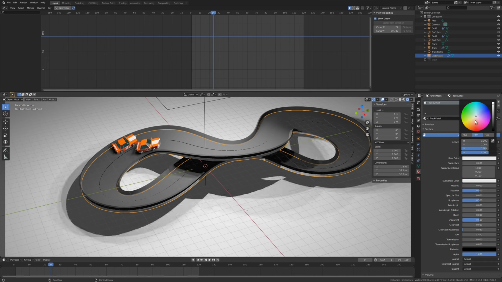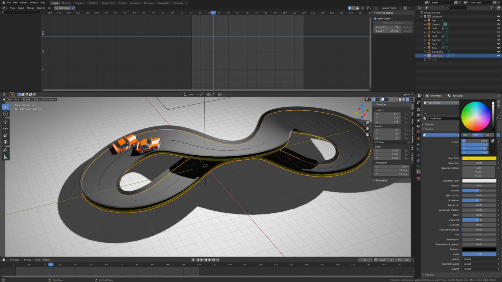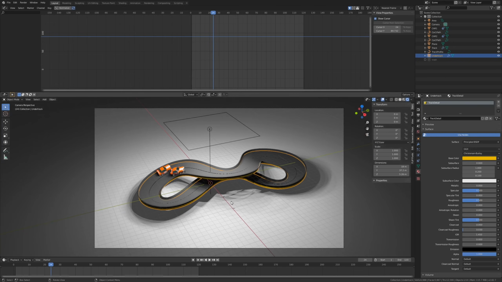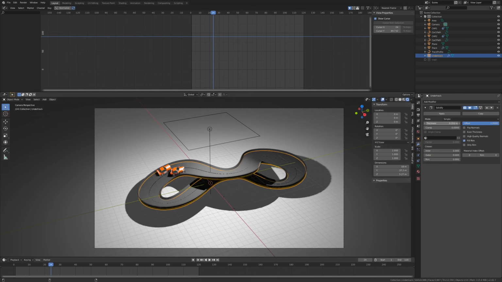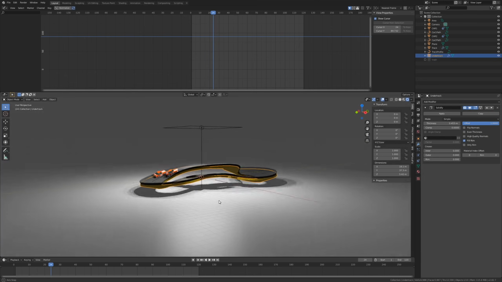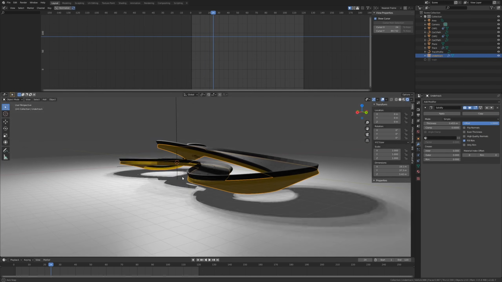And I found that a yellow looked nice for that. Something about like that. And then maybe we'll make that thicker so we can see a little bit better. Something like that looks good. We don't want to completely chop off our